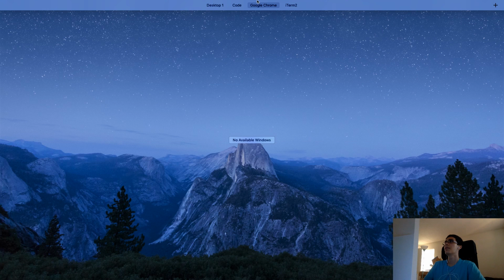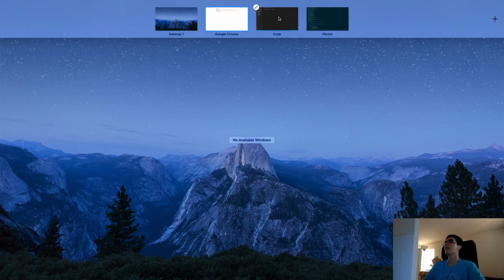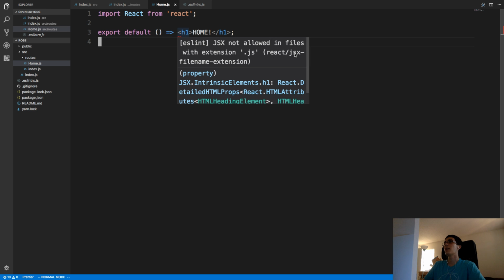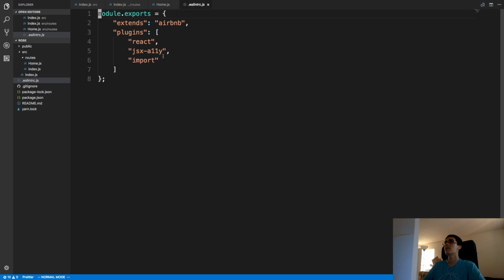Where is code? Have Visual Studio Code in between those two. I'm going to add some stuff to our ESLint RC. I'm going to use the JS extension, not the JSX, but ESLint doesn't like that. So React/JSX file name extension. So to get rid of that little warning, what we can do,